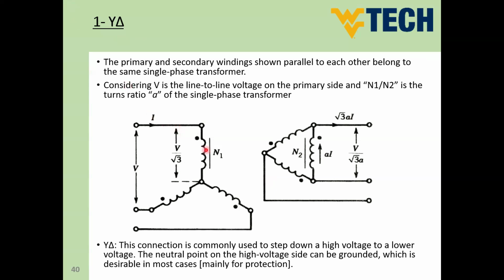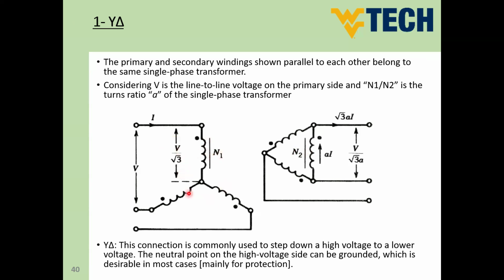So as you can see here, guys, this is the first phase, has turns N1, and here is the corresponding phase, has turns N2. So we can say that turns ratio of the single phase transformer is N1 divided by N2. So this is the single phase transformer turns ratio. Now, if we connect the first